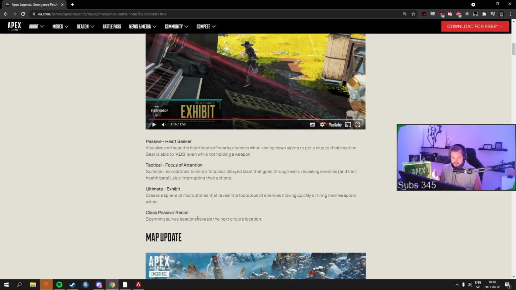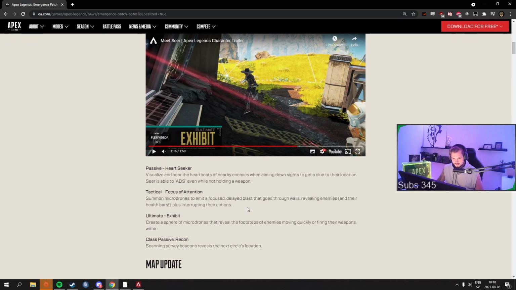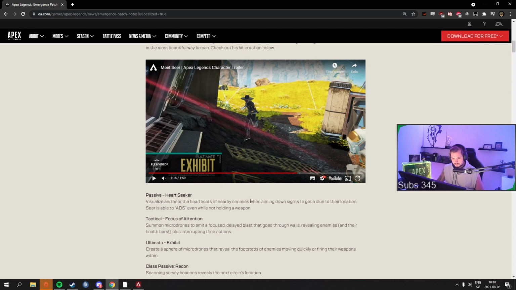I think Seer is overall a really good character balance-wise, because he has the skill ceiling that I like in a character. Unlike Bloodhound's face roll, a 2-year-old monkey baby can play him. Bloodhound takes absolutely no skill and is cancer to the game. So, I think Seer is better than Bloodhound for sure, but...